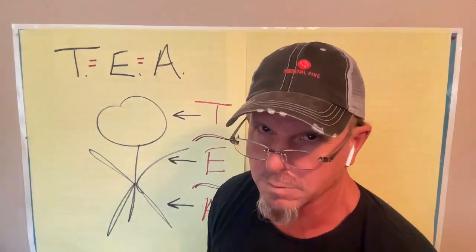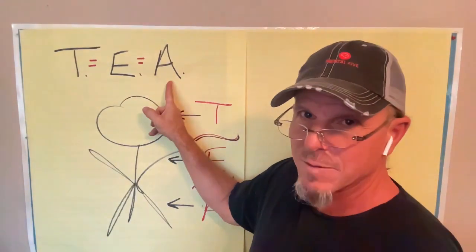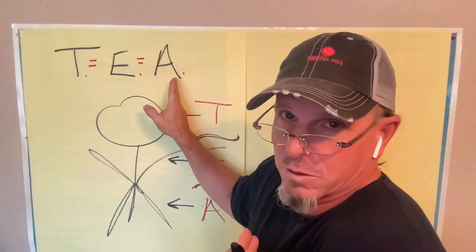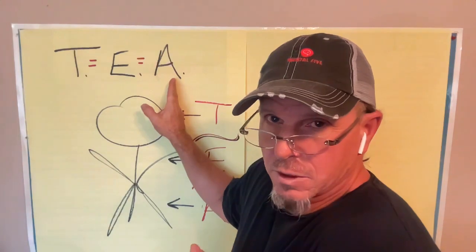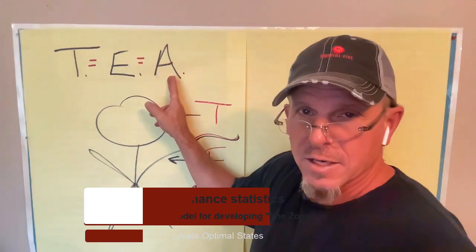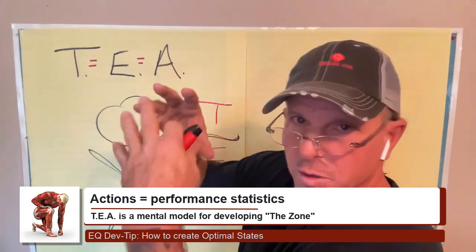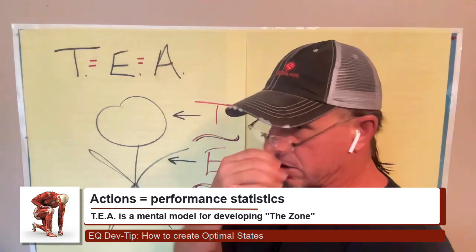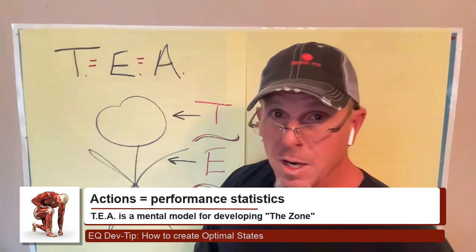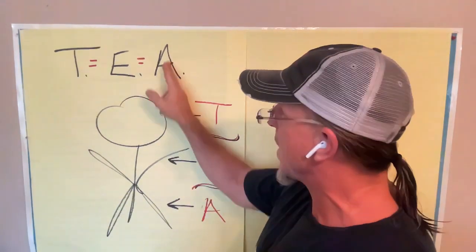Now, here's the trade secret. Listen up, pay attention. TEA. I'll start with the A because that's performance. It stands for action. You want to write that down. The A stands for action. Another word in athletics is performance. So performance, again, same word, we're bundling them together, right? So statistics, right? That measures performance. That's why I like athletics so much, because we got stats, right? So we can measure that.